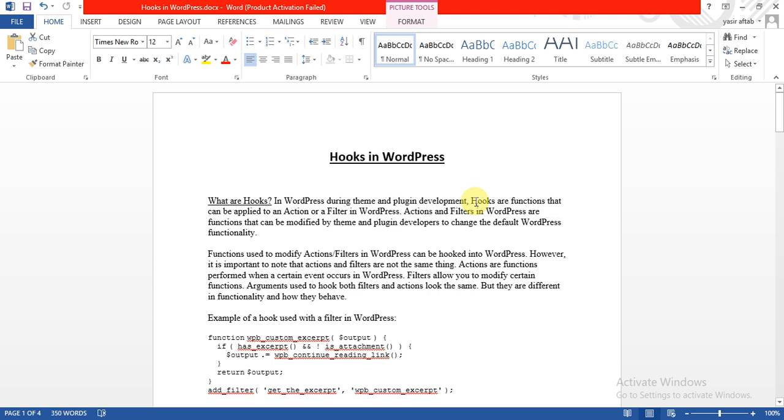Hello viewers, today I am going to explain to you about hooks in WordPress. First of all, I will explain what hooks are. A hook is a feature used by a developer to extend or change the default functionality of any type of tool, let's say WordPress, or some other open source tools like